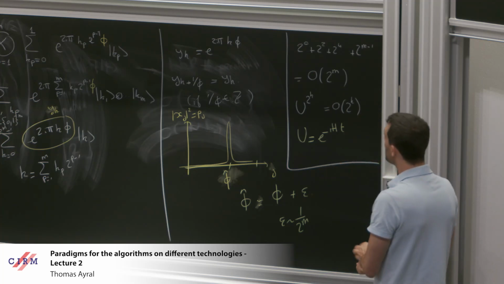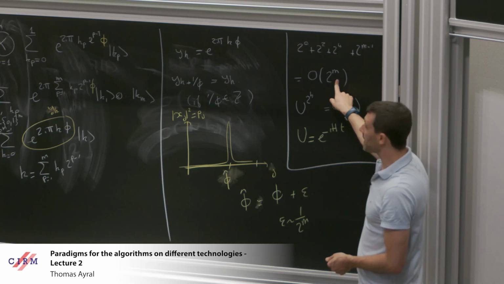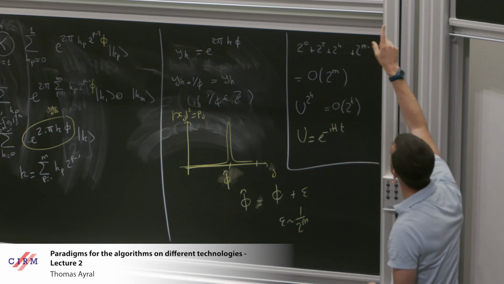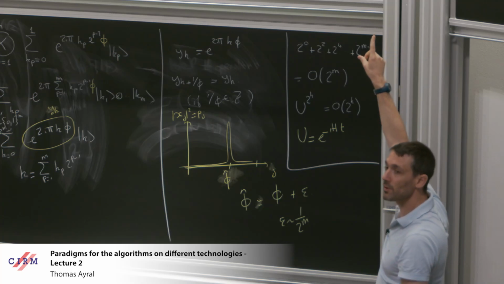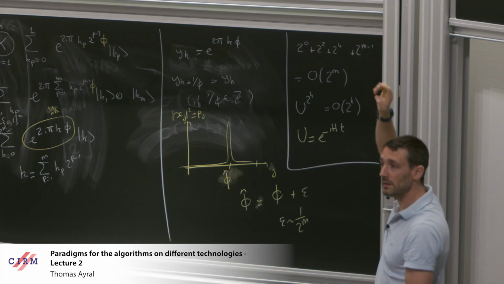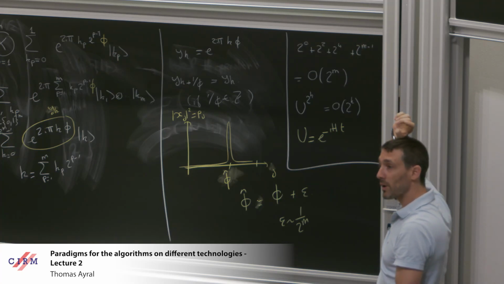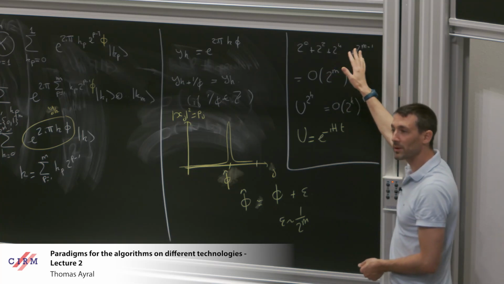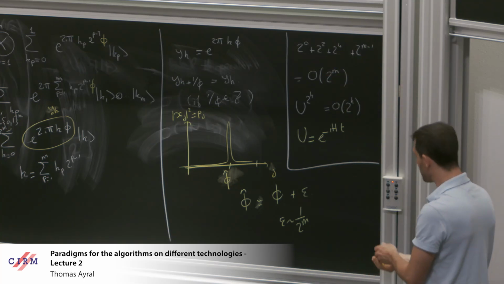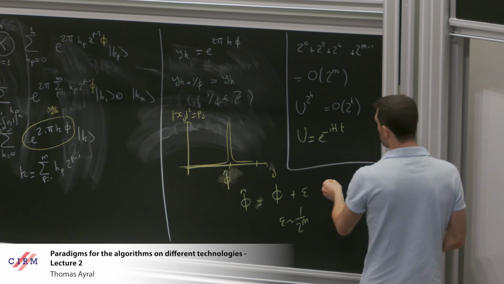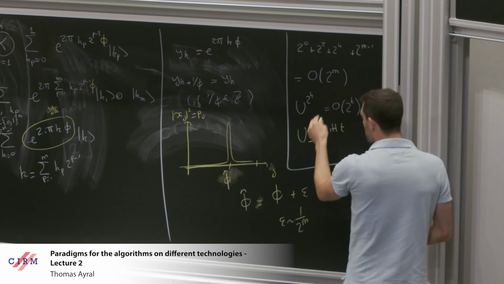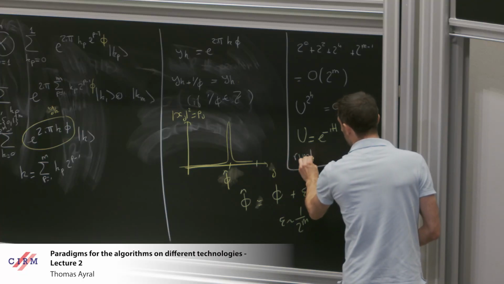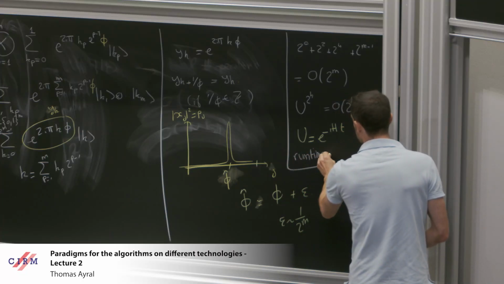So you see here that the cost scales exponentially with the number of ancilla qubits. And then, of course, I have to add the quantum Fourier transform, but how much does the quantum Fourier transform cost? It's just m^2. So m^2 compared to 2^m is nothing, so it's not the dominant contribution. So the final cost of phase estimation essentially is 2^m. In other words, the runtime here is 2^m,